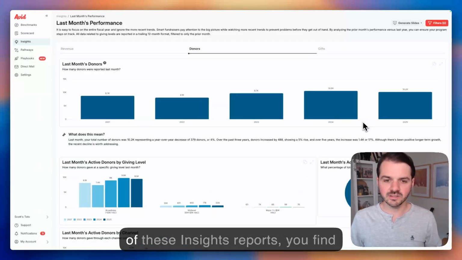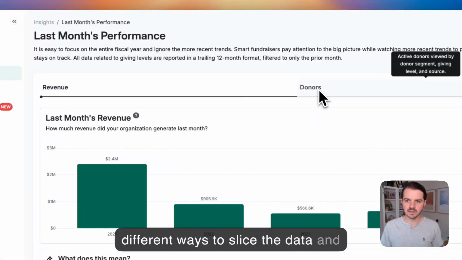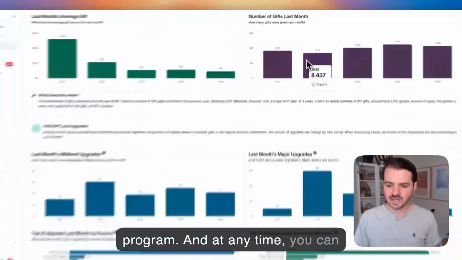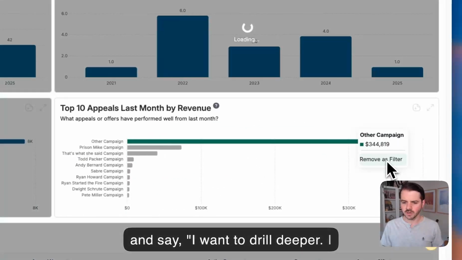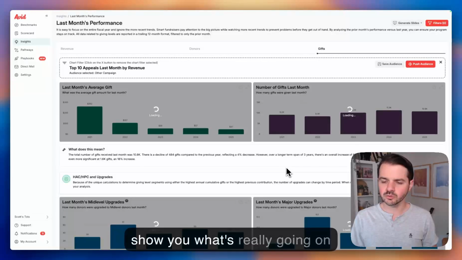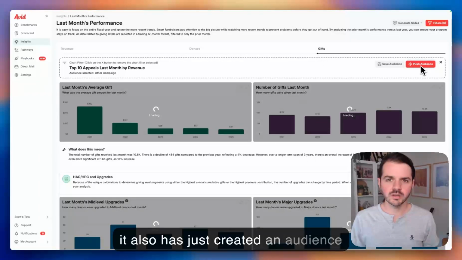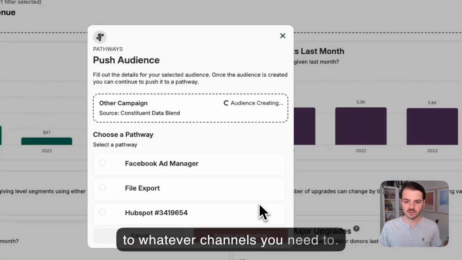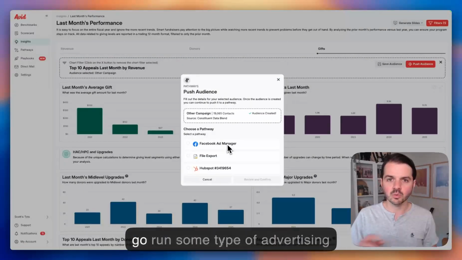As you drill into some of these insights reports, you find different ways to slice the data and view what's going on inside of your program. And at any time, you can hover over one of these audiences and say, I want to drill deeper. I want to explore these people. And it's going to refresh your charts to show you what's really going on inside of that specific segment. But it also has just created an audience that you can now go save and sync to whatever channels you need to. So you can go push this audience out to Meta advertising in order to run some type